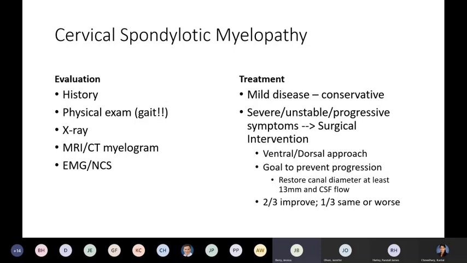C-spine surgery can be done from a ventral or dorsal approach, or sometimes a combined approach, depending on the number of levels involved and the degree of intervention pursued. In general, the goal of surgical intervention for this indication is to prevent progression or worsening, which is important to educate the patients on. While about two-thirds of people do have some degree of improvement after the surgery, the primary goal of this surgery is to prevent any worsening of their disease process and symptomatology, not necessarily to create any improvement, as some of the cord compromise has already occurred.